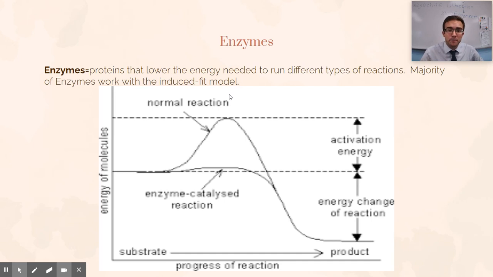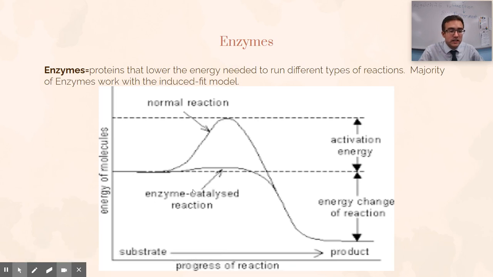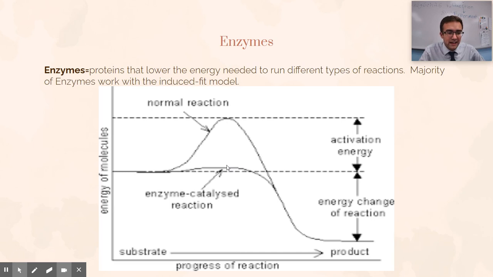Enzymes help us break apart those larger molecules like lactose. And this is kind of what it does. It helps lower the activation energy. So for us to normally break apart lactose, we need a huge amount of activation energy just to break it apart into the different terms. If we have an enzyme, enzymes lower that activation energy a ton for us to be able to more easily